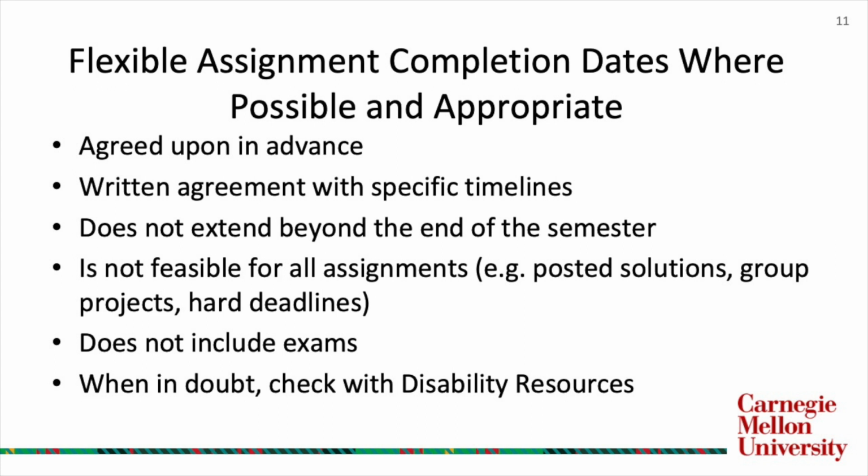Another scenario where it's difficult, or I'm going to say impossible, to give flexibility on due dates is group projects. If you had a group of 4 students and one of them had flexible assignment dates, how do you give the overall group extra time without giving an accommodation to 3 students who don't have that accommodation? So those are situations where it's really not feasible to grant flexibility accommodations, and we let the student know that. When we set this accommodation up, we give them examples like posted solutions, group projects, hard deadlines,